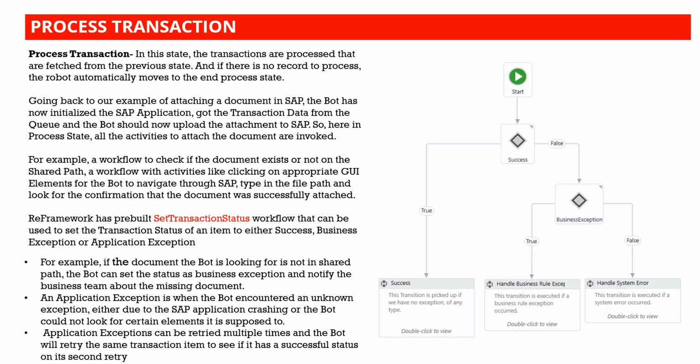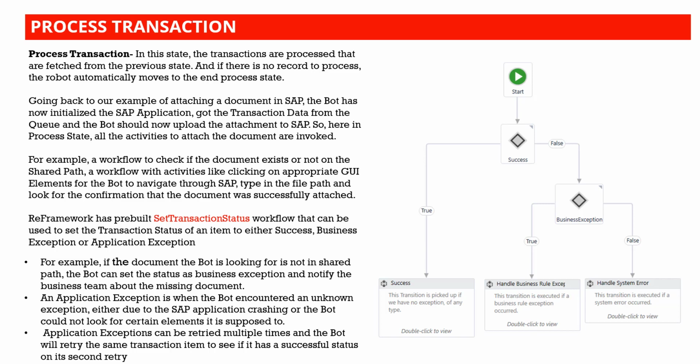So in those cases, what do you need to do? You need to move to the next set of data that needs to be processed. So that's a business exception. In the business exception, it will move to the next step. In the application exception, it will move to the next step or retry based on the configuration. That's how it is, right?